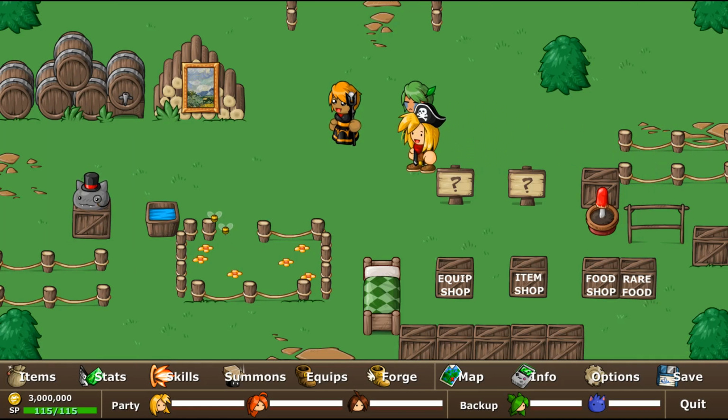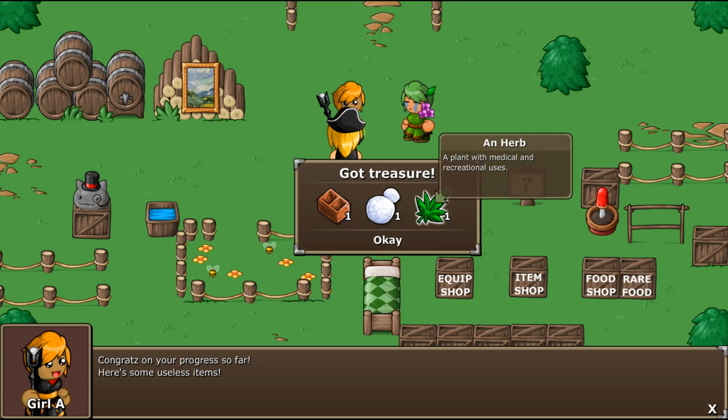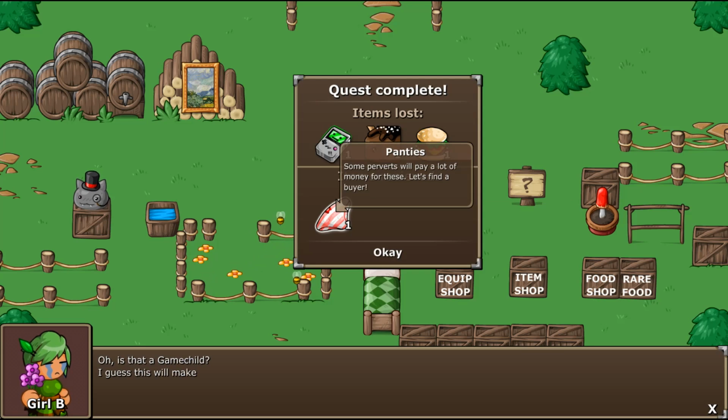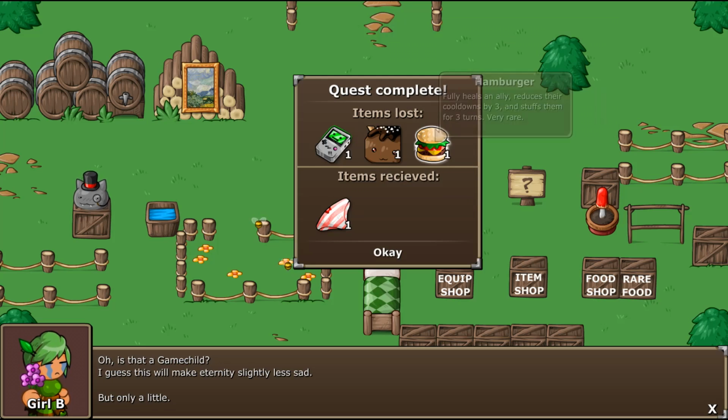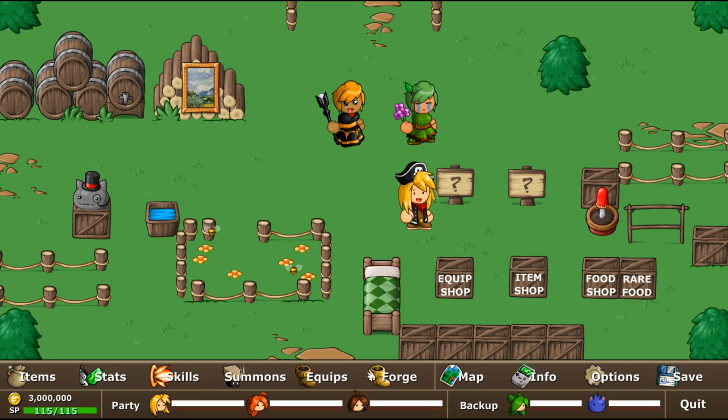We're back here. We actually have enough stuff for both of these quests. We have the rubber boots, so now she gives us stuff. An herb. Medical and recreational uses. I wonder what that could be. And then we have... Oh, right. Yeah, that's how you get this item in this demo. I don't think there's any purpose to this item. It's just like an item to give...